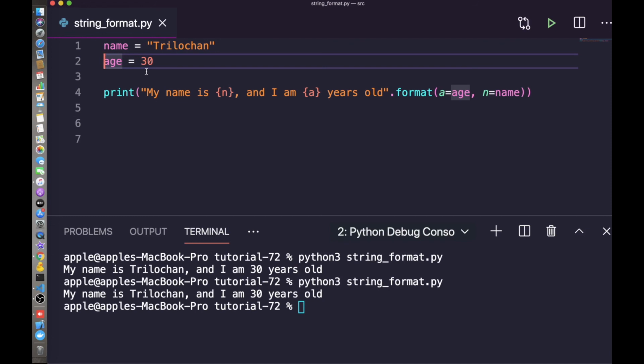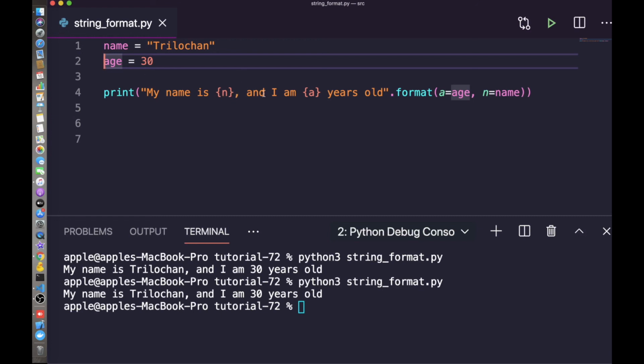Another way to perform string interpolation is using Python's latest f-string feature, which is only available in Python 3.6 plus. With this feature, all we need to do is prefix a string with the letter F and insert braces just like before.